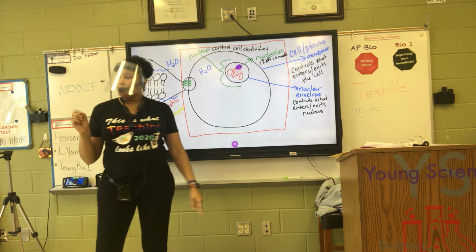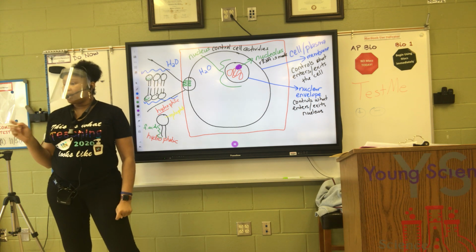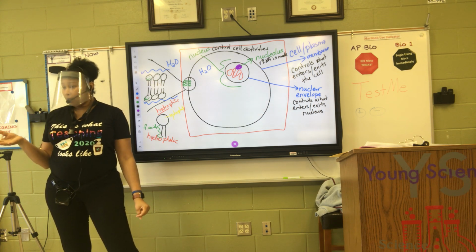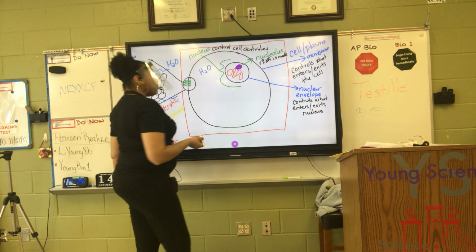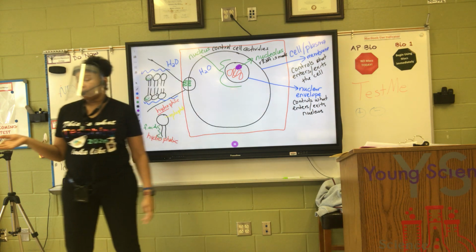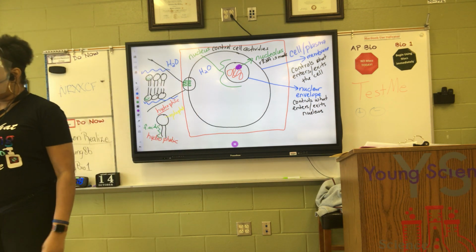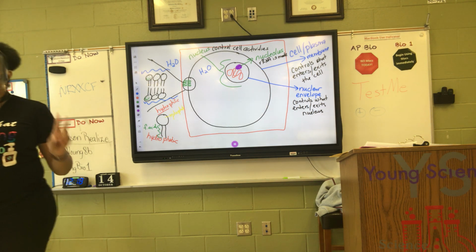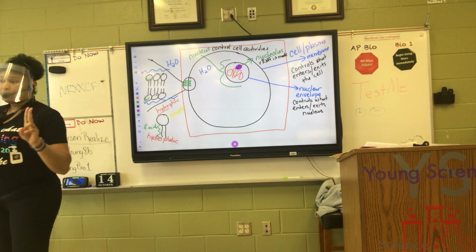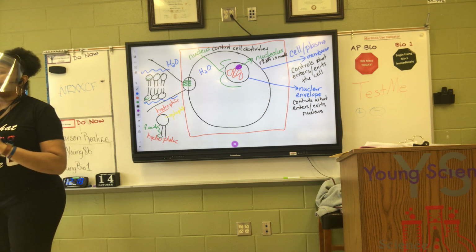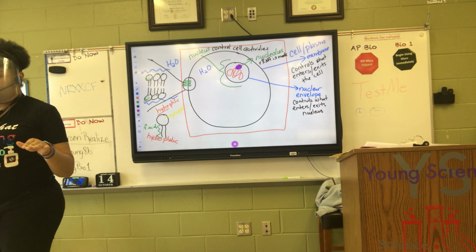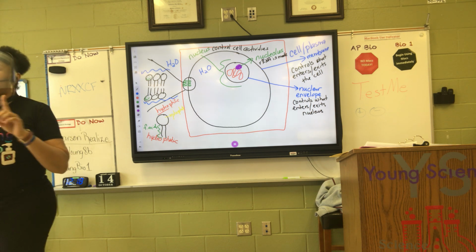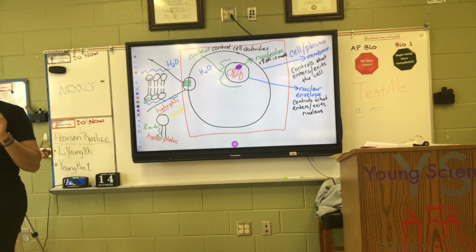Ribosomal RNA is important because ribosomal RNA is what makes up the ribosome. Okay? The ribosome is made up of RNA and protein. Notice I didn't say lipids, right? The ribosome is made up of nucleic acid and protein, no lipids. So since there's no lipids, there's no membrane. That's why it's one of the organelles that's found in prokaryotic and eukaryotic cells, because it has no membrane